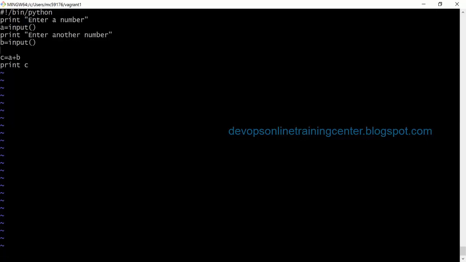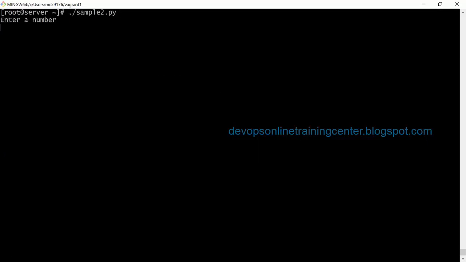And c is equal to a plus b. So here input is a function that takes input from the user, from the keyboard. So let us try this. Sample2.py, enter a number 10, enter another number 30, sum is 40, right?